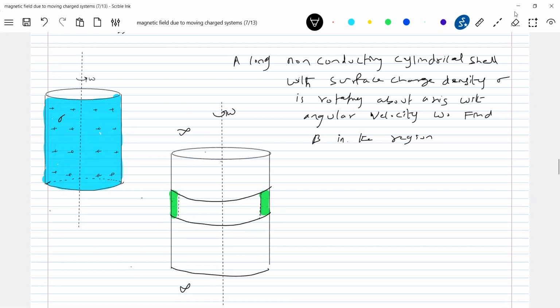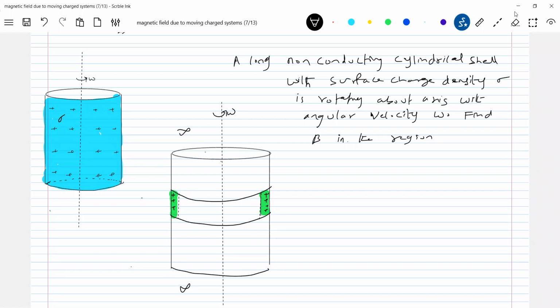So shall we say there's one sheet here where the current is out of the plane, and here there's one sheet where current is into the plane. So there are two current carrying sheets present. It is as good as a moving current carrying sheet. Actually the charge is rotating. Positive charge out of the plane on this edge, and here positive charge into the plane.